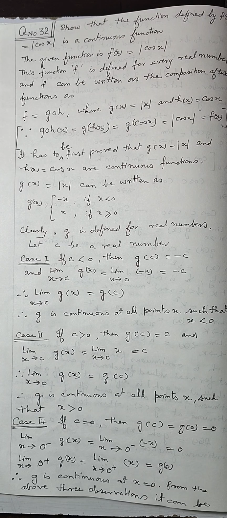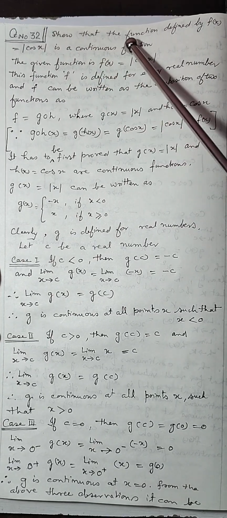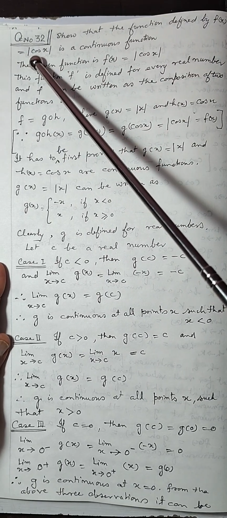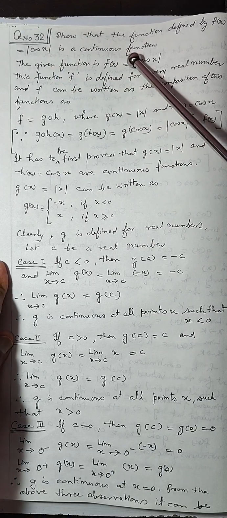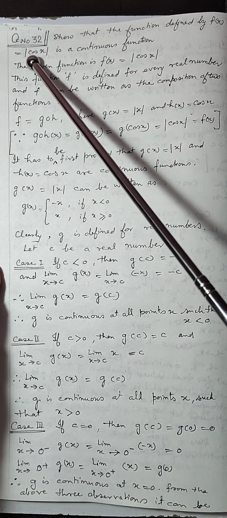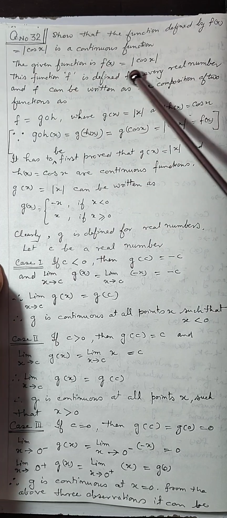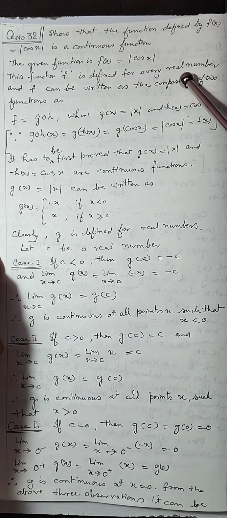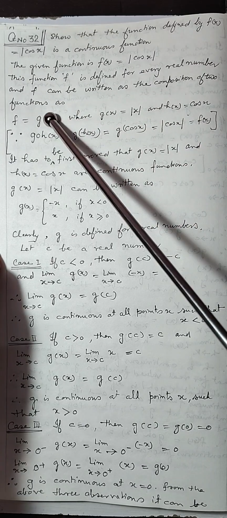CBSE Mathematics Class 12, Exercise 5.1, question number 32. Prove that the function defined by f(x) = |cos x| is a continuous function. The given function is f(x) = |cos x|. This function f is defined for every real number, and the function can be written as the composition of two functions